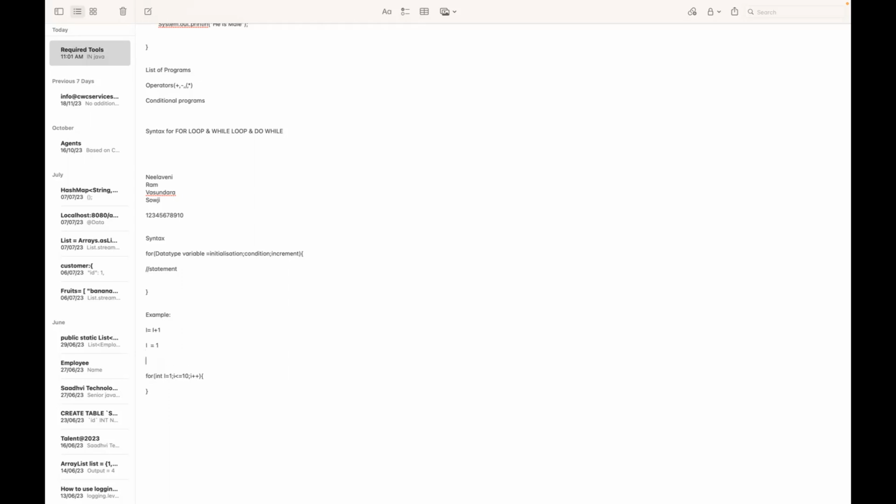Now what condition do we need to check? i is 1, right? 1 is less than or equal to 10. Correct. So what do I have to do? I need to go inside, System.out.println, and print my i value. I don't want to do any complex statements here. So first I go inside and I print 1. My output is